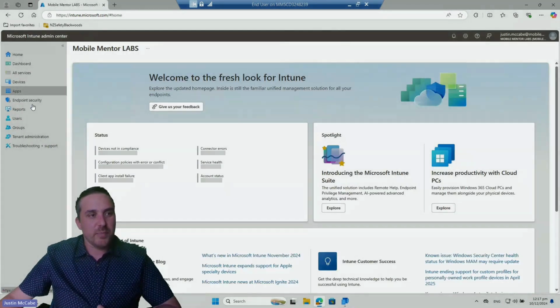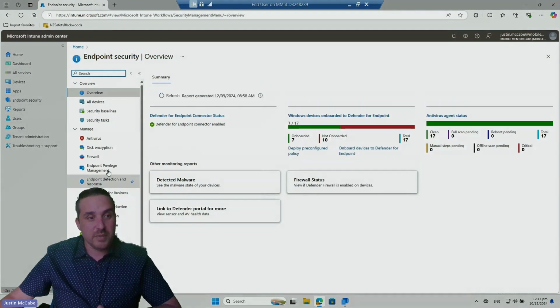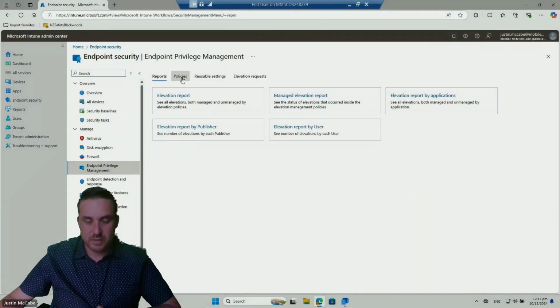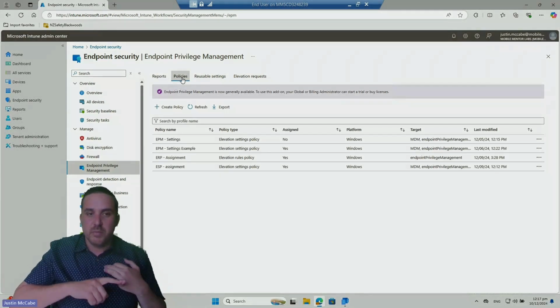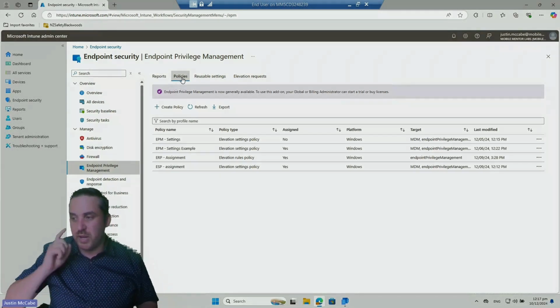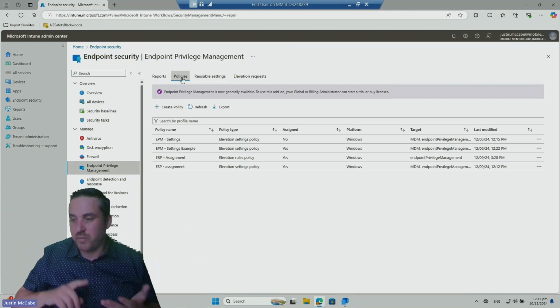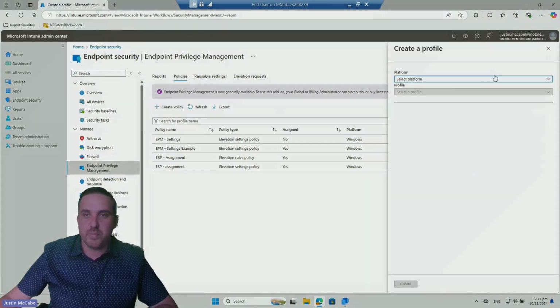So we will come down here to endpoint security. My apologies to everyone. Jump into endpoint privilege management. Come to policies, and as I was saying, we have rules and we have settings. Rules applies to a single application. Settings applies to the entire user profile or device. I'll run you through setting up the settings policy now. So we'll go create policy,